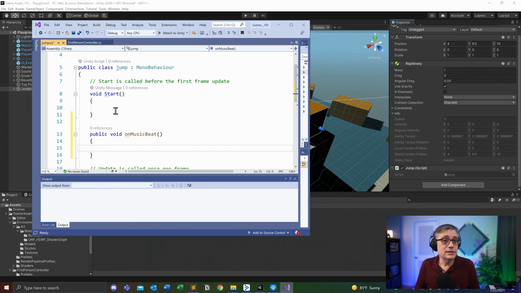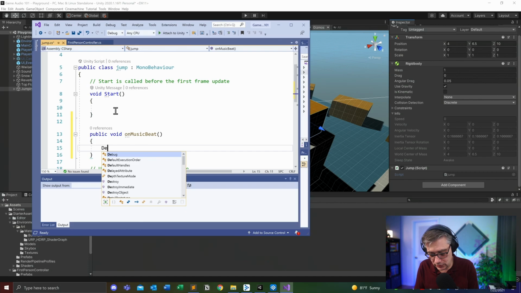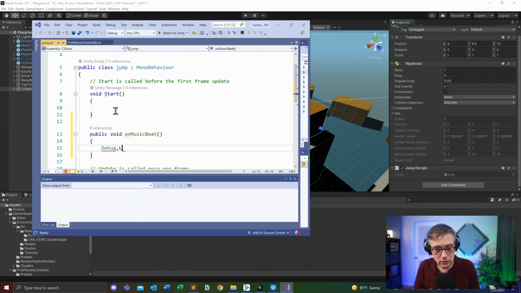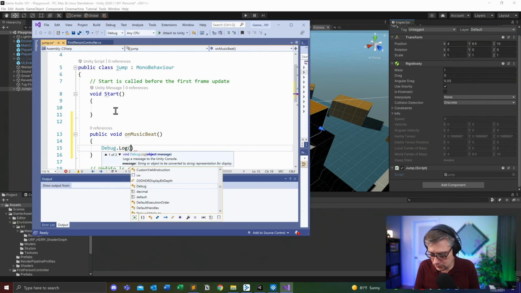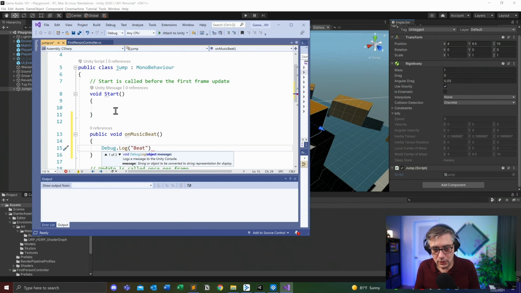In order to test it, it's always a good idea, at least that's the way I do that, because that can be a little bit tricky. I want to make sure that that is actually called at the right time. Before I do any more sophisticated logic, I'm just going to print out a debug statement so that whenever the music hits a beat, it's going to print out a debug statement. So let me do that here. A debug log, and let's simply say beat. And then I'm going to close that,